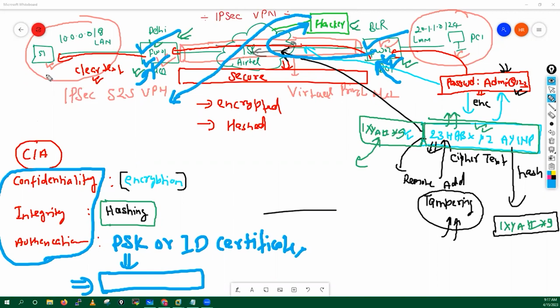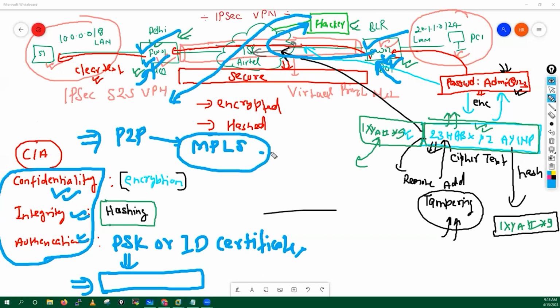Because in the old days, if you wanted to maintain the CIA in your data, you had to purchase a point-to-point link, or the upgraded version of point-to-point link, which is your MPLS link. And guys, your MPLS circuit is very, very costly. Maybe you need to pay around 2 lakh per month for an MPLS circuit. But if you want to